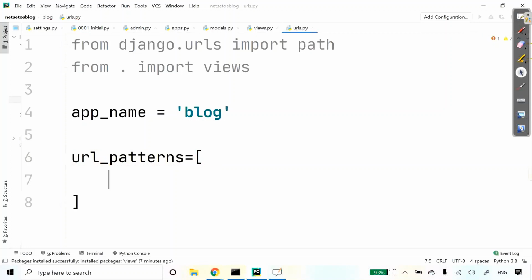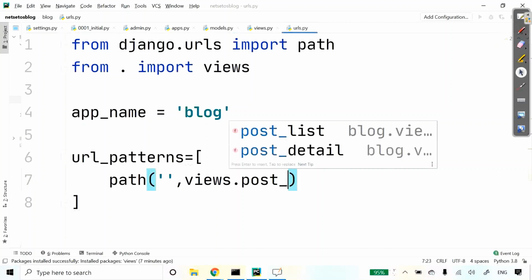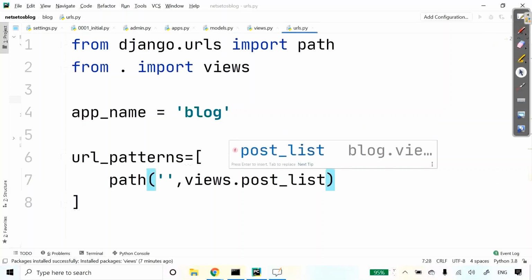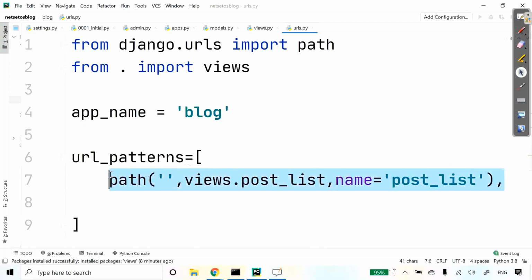So here I will make some more paths. For empty, if I am just on the home page, it will be diverted to views.post_list, and it should be named the same, post_list. Let's copy this.